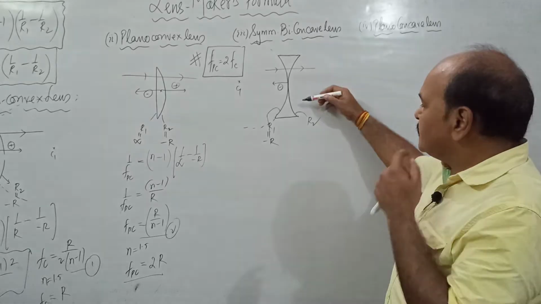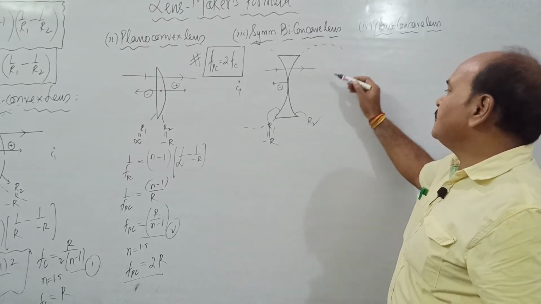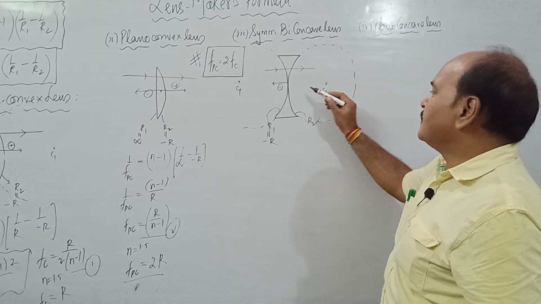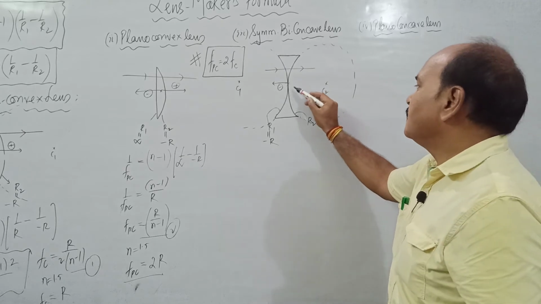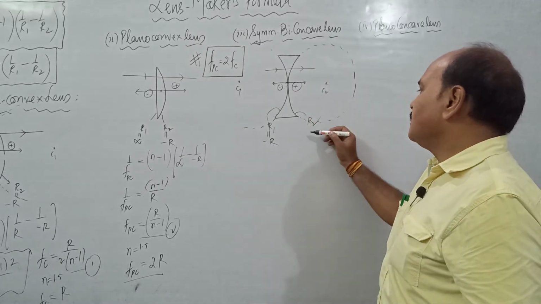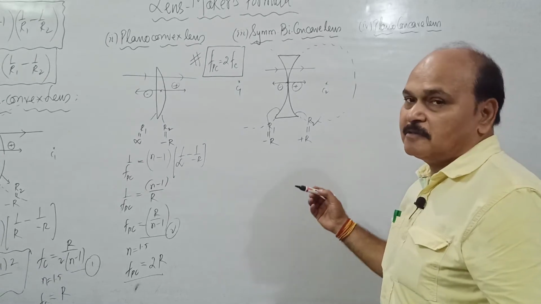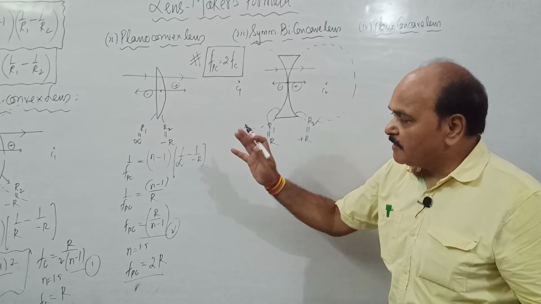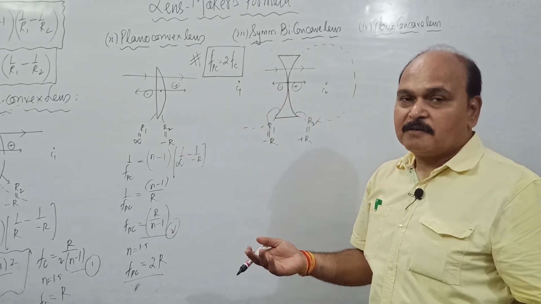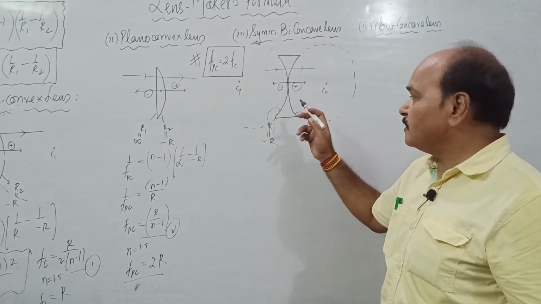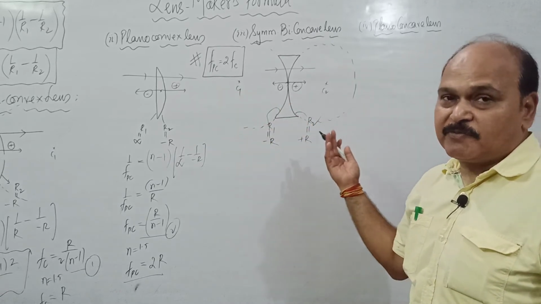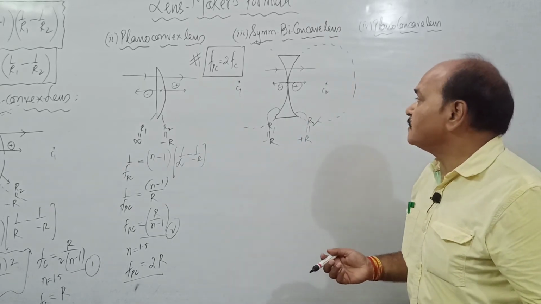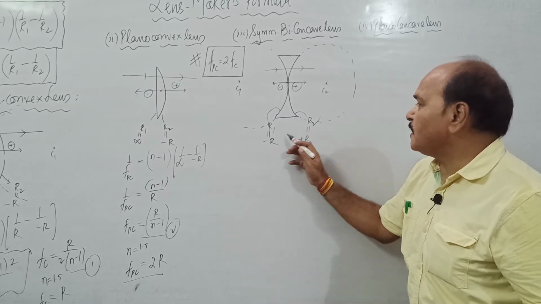Therefore, this R1 is going to be minus R. And this R2 is part of the sphere like this, and this sphere has its center on this side. The distance of this center from the optical center is positive as per sign convention. Therefore, this R2 is plus R. Please be very careful while applying sign convention. I have been taking the left surface as surface number 1, which is why incident rays are from left to right. If we take the right surface as surface number 1, the incident ray would be from right to left, and we would have to decide the sign of R1 and R2 that way. Anyway, R1 is minus R, R2 is plus R.